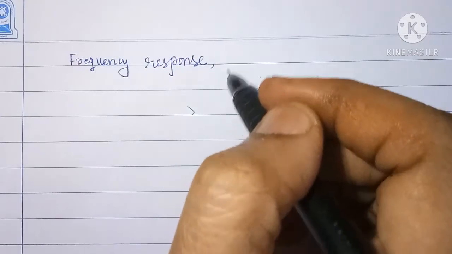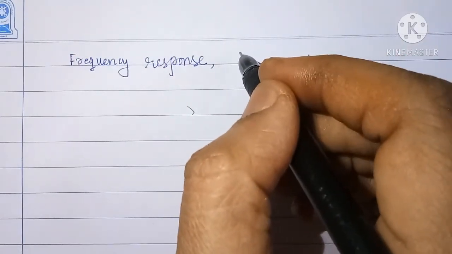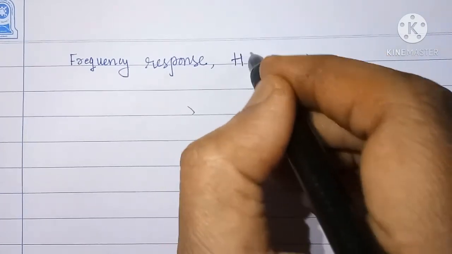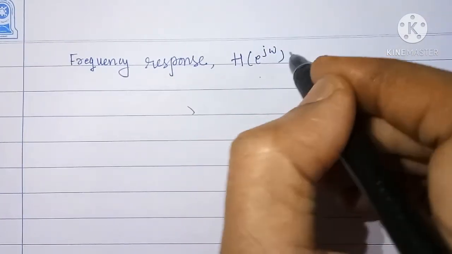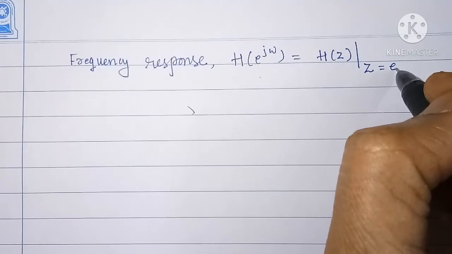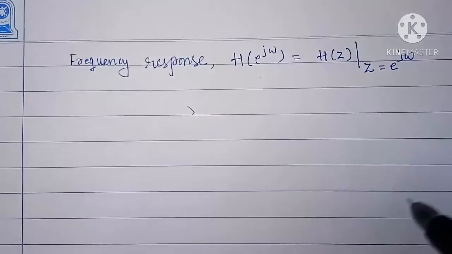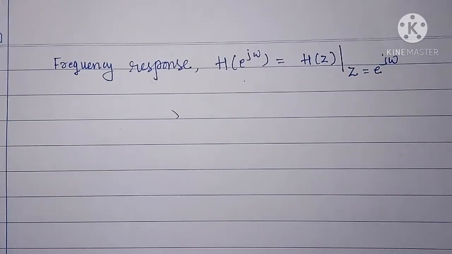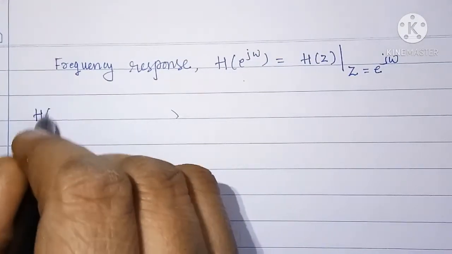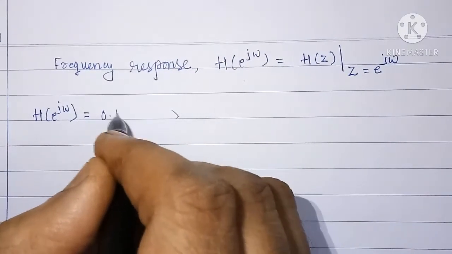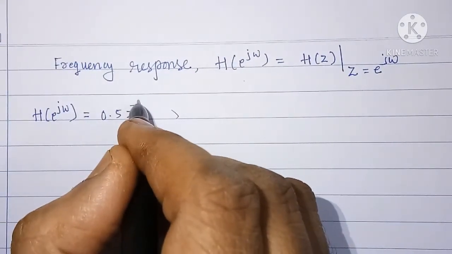And the frequency response may be found by substituting for z equal to e raised to j omega in h of z. That is, h of e raised to j omega is equal to h of z at z equal to e raised to j omega. Hence, we can write h of e raised to j omega equal to 0.5 into z raised to minus 5